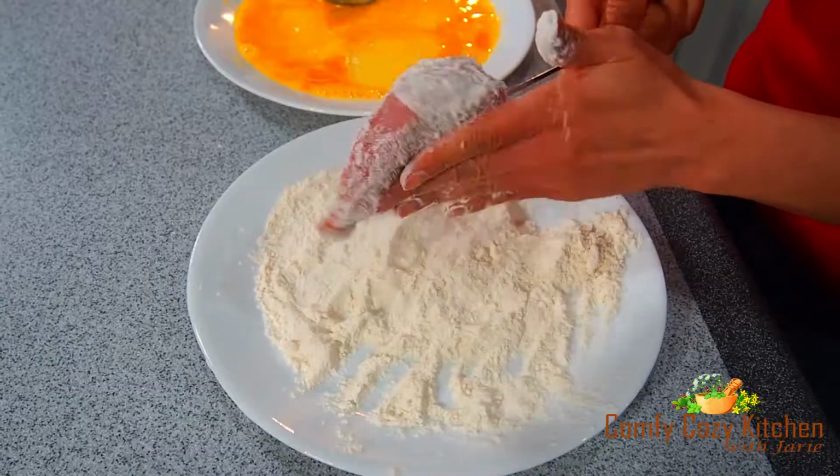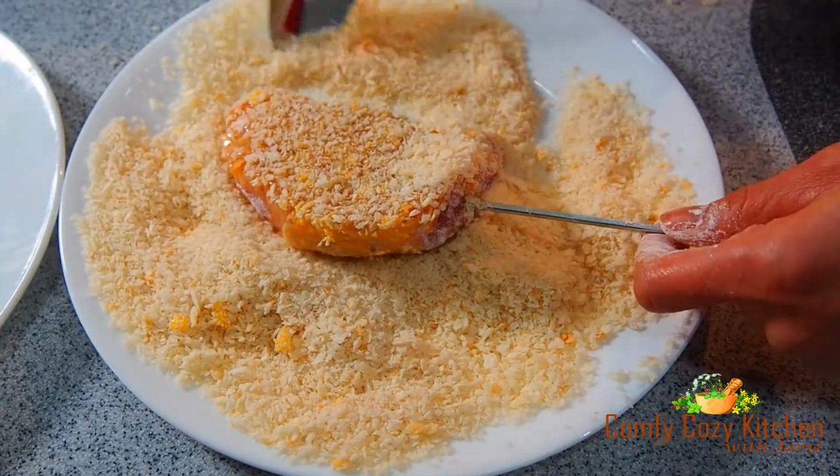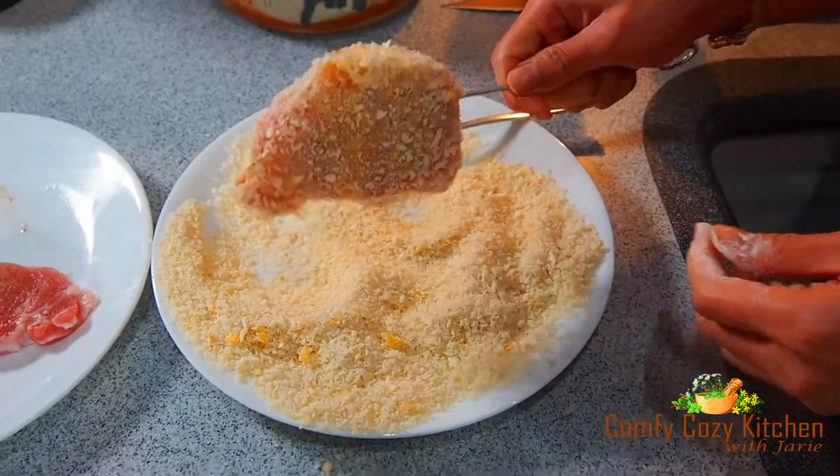First, coat the pork with flour. And second, dip the pork into the eggs. And lastly, coat with the panko breadcrumbs. But for my preference, I like to double coat, so I repeat one more coating before putting it in hot